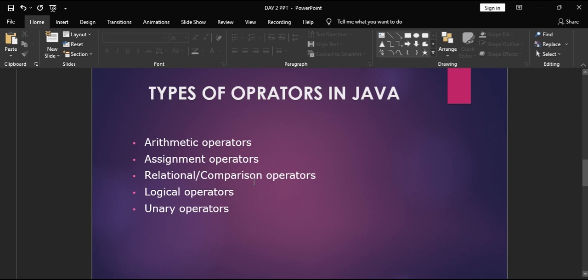So here logical and returns true if both the expressions are true, and logical or returns true if at least one expression is true, and logical not returns true if the expression evaluates to false, and returns false if the expression is true, that is vice versa. And we discussed unary operators, that is they are used only with one operand, that is a plus plus, that is the increment and decrement operators. We only discussed increment and decrement operators in this video, and increment means increasing by 1 and decrement means decreasing by 1.